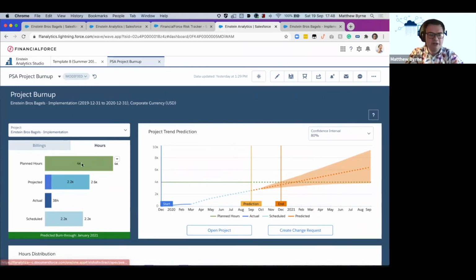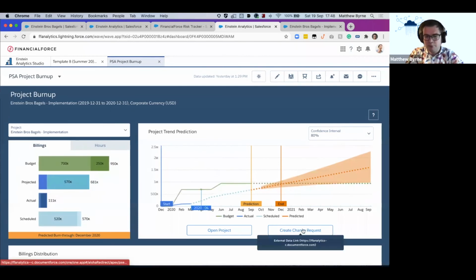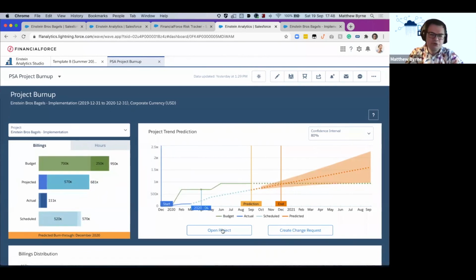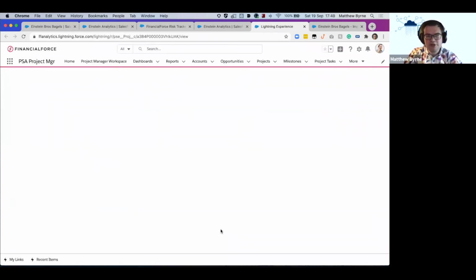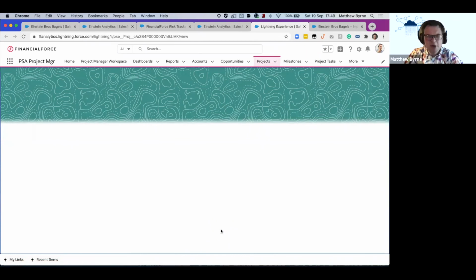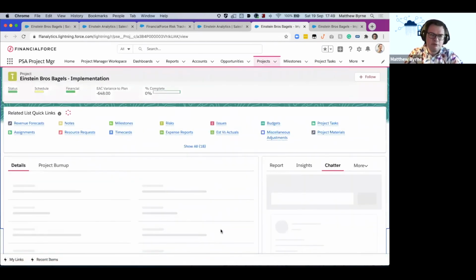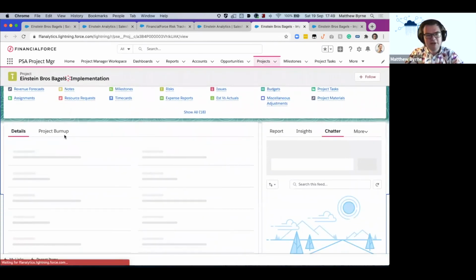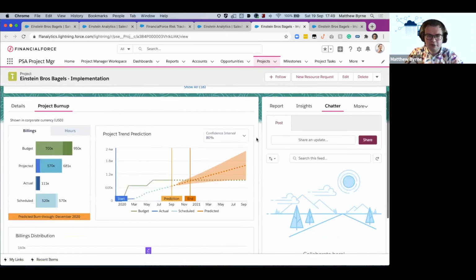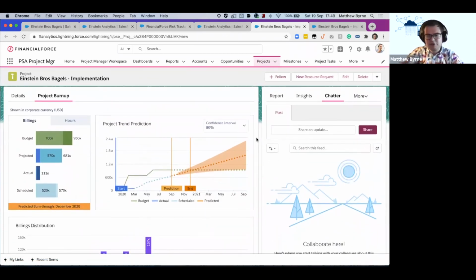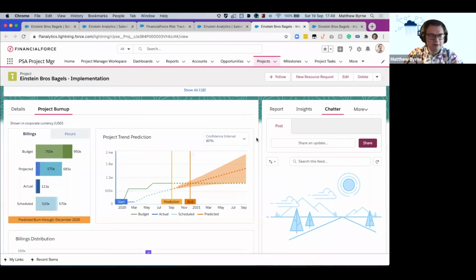So if we needed, in the case here, maybe we need a little bit more budget so we can go and create that record. We've also had a link to open up the project. Now, because this dashboard is run for a single project, it means that it's perfect for being embedded within a project record. So we've taken that dashboard and we've not just taken that single dashboard, we've restyled it to be a much more, and hopefully I'm not the only one that thinks that looks absolutely beautiful within an embedded layout there. I would suggest that if you're going to embed some dashboards, think about the styling.